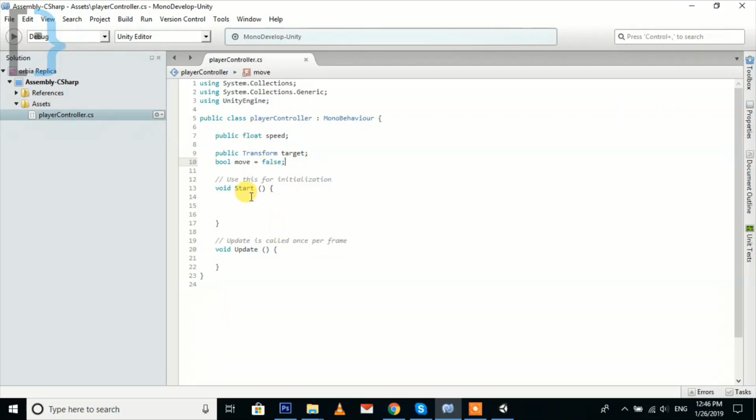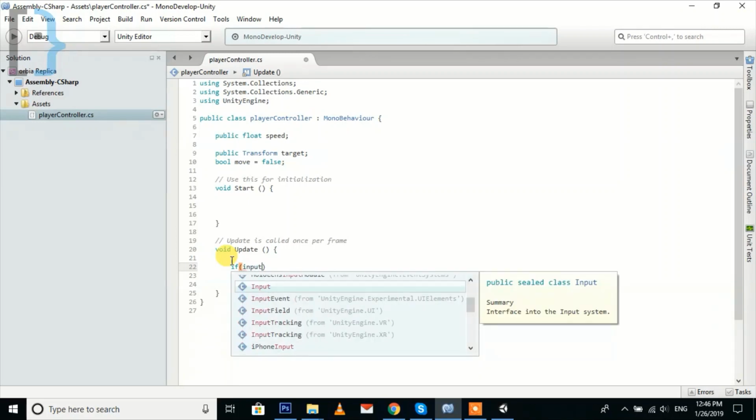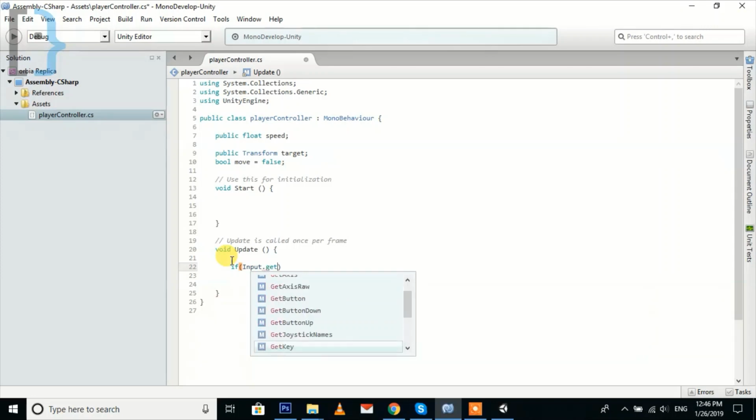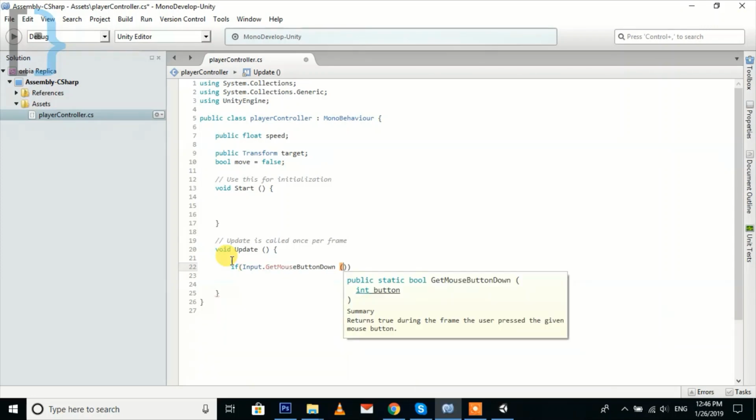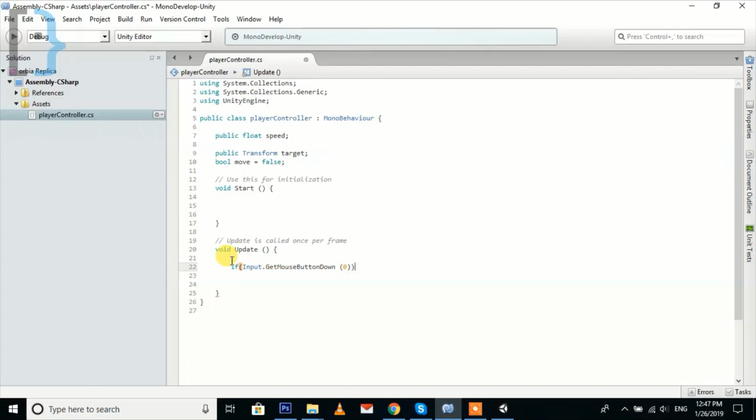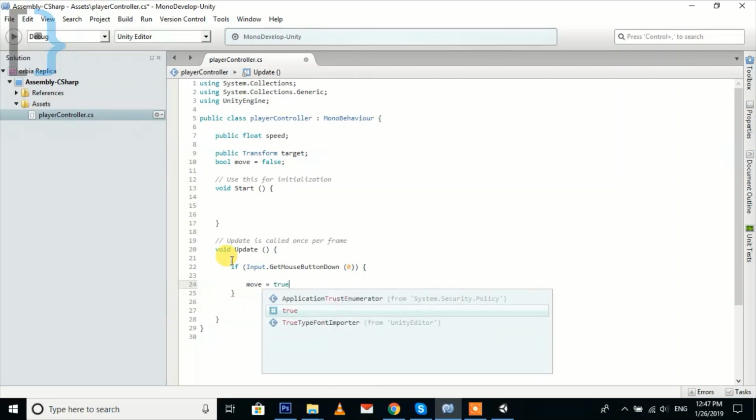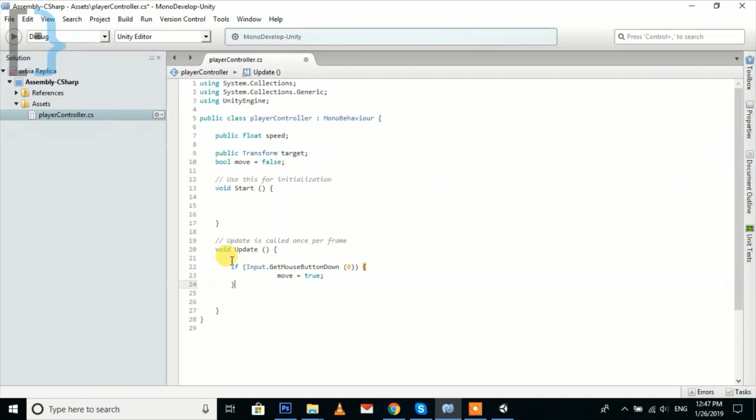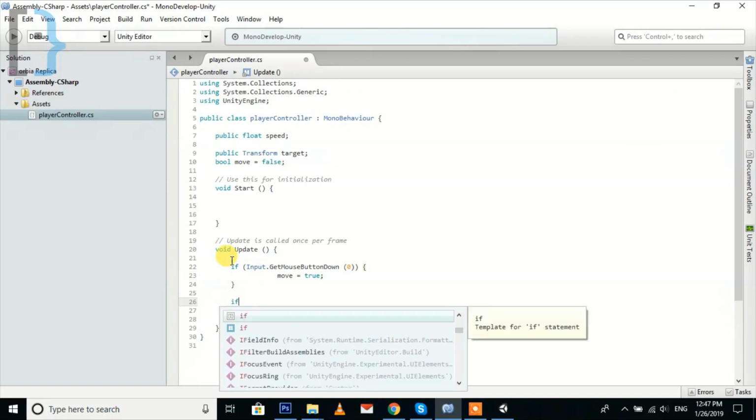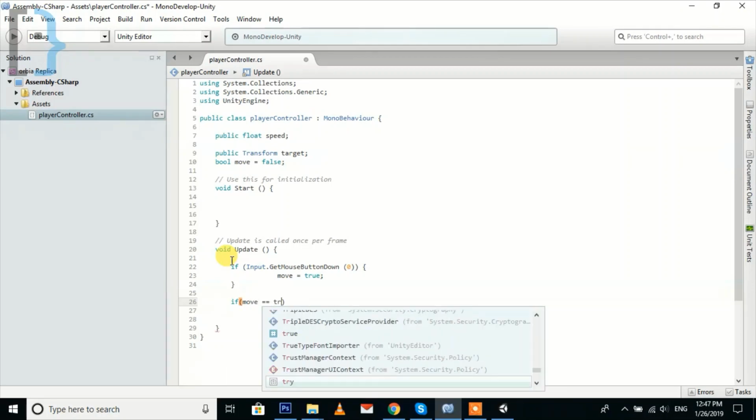Now go to the Update method. We are going to use a very simple method to move our player from one ring to another ring. First of all we need to detect the mobile tap or click. Here 0 is for the left mouse button. And if move is true, then